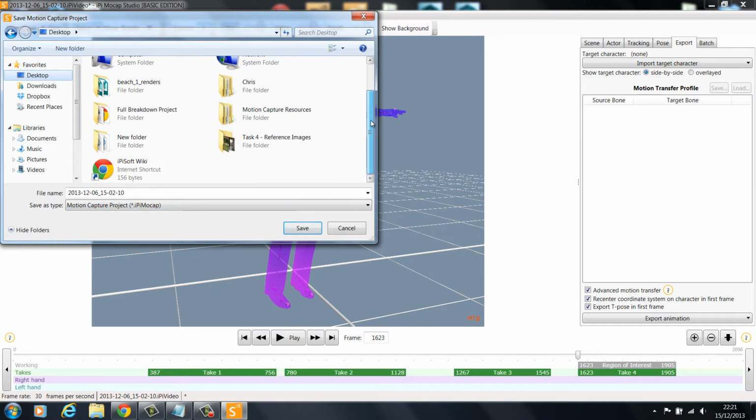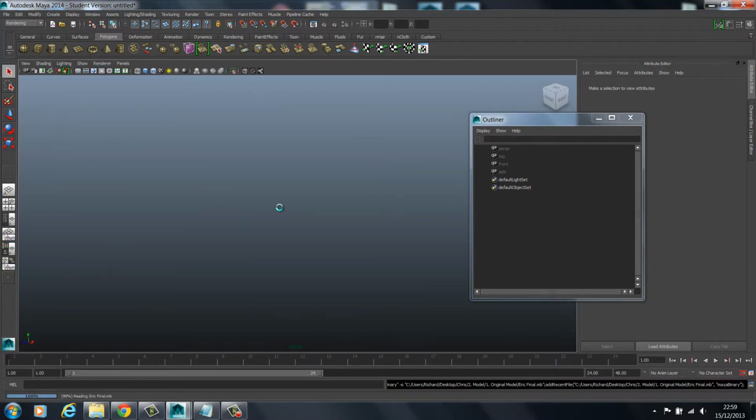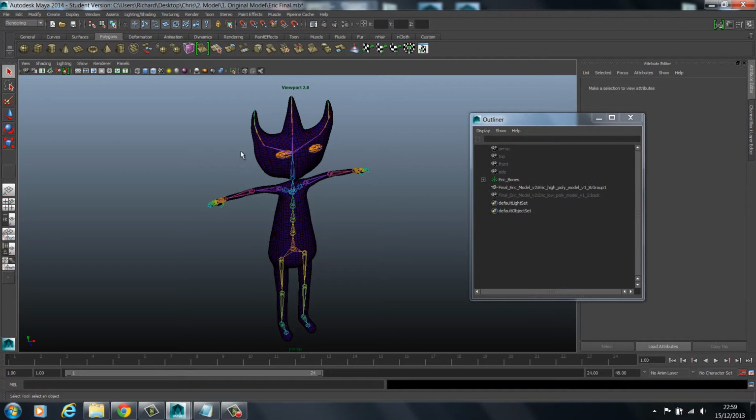But what I'll do is open up Monika's model of Eric and rig him up so that he's ready for motion capture. So by this point Monika would have sent me the model so that I could start rigging Eric up, and if I go into the original model and open up the final one that I have, this one's already been rigged up at the moment. So if I just unbind this,